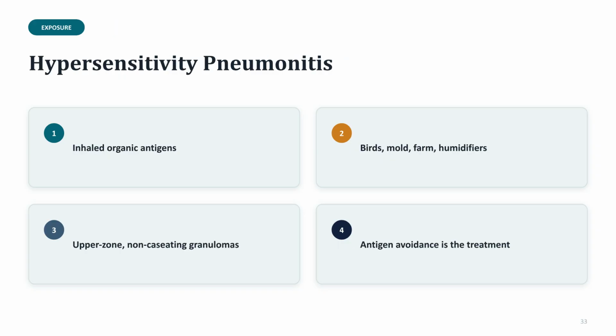Quit. Return to our patient's parrots. Hypersensitivity pneumonitis is an immune reaction to an inhaled organic antigen. Bird proteins in bird fancier's lung, thermophilic microbes in farmer's lung, and molds in humidifier lung. It favors the upper zones and shows loose non-caseating granulomas. The single most powerful treatment is not a drug. It is finding and removing the antigen, which is exactly why we asked about the birds, even when the final